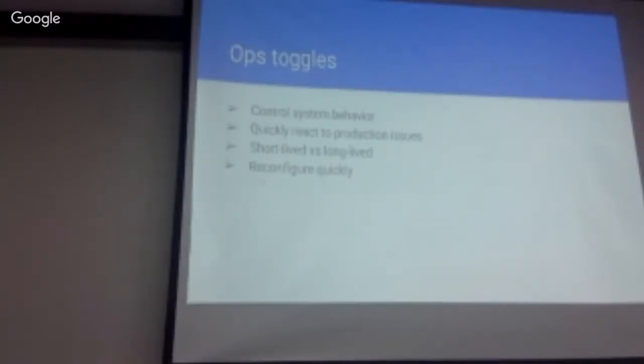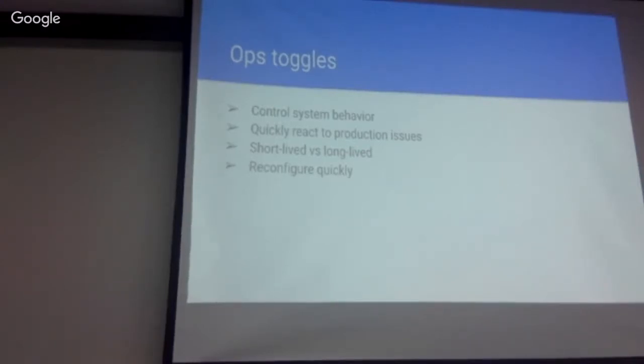Coming to the next category, it is about the ops toggles. So these toggles, as you mentioned, are typically used by system operators. They're used to turn on and off behavior in production. So this is just to quickly react to production issues. So it has to be dynamic. We can turn on the feature and turn off the feature in the production environment itself. So it is very dynamic,